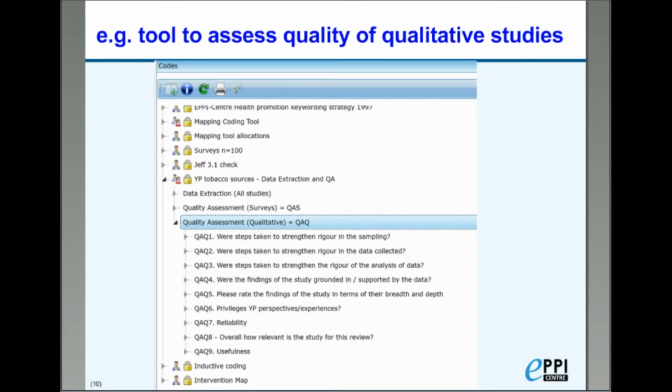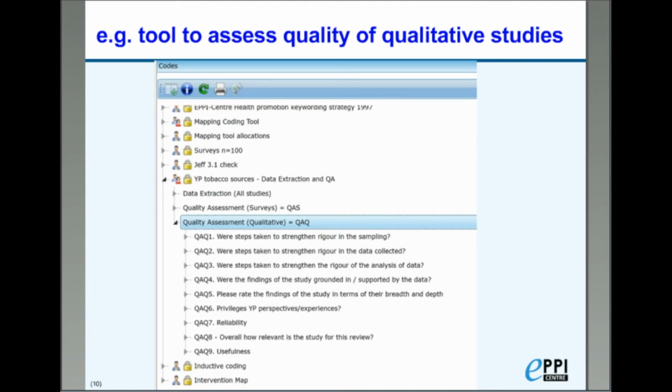In this case, YP means young people, but certainly the perspectives and the experiences of the participants. We've then got some overall questions on reliability and particularly about relevance. So whilst some studies are beautifully carried out and you can't fault them in those senses, in terms of the utility in the reviewing question, sometimes what we need to do is to ascertain the degree to which there's alignment between the original study's research questions and our review's research questions. So that's a little bit on one of the tools that we've developed for assessing the quality of qualitative studies